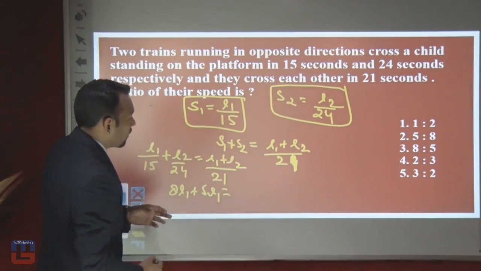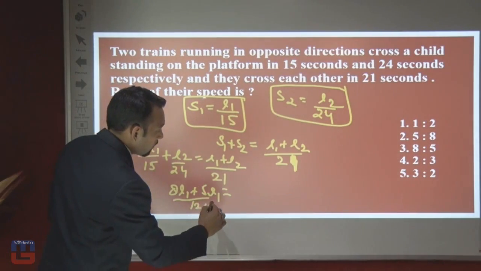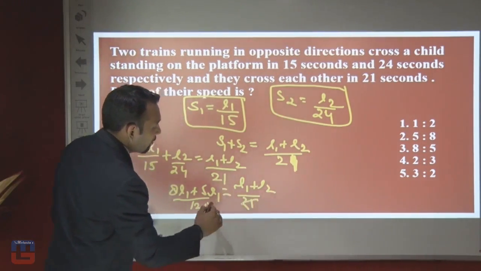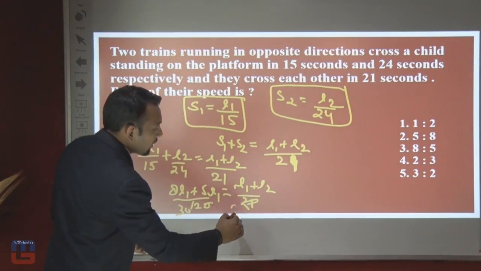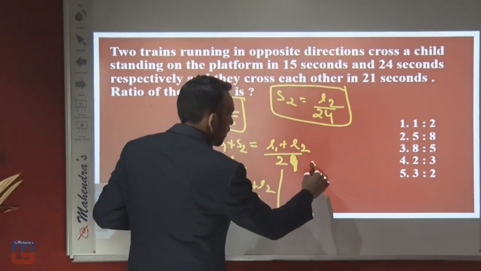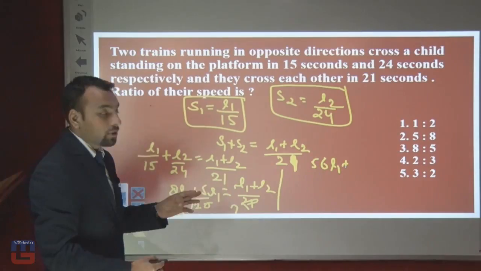Alright, and here 120, and this is L1 plus L2 by 21. Now cancel, this will be 40 and this will be 7, so here you will get 5 times 8, 40 L1 plus 7